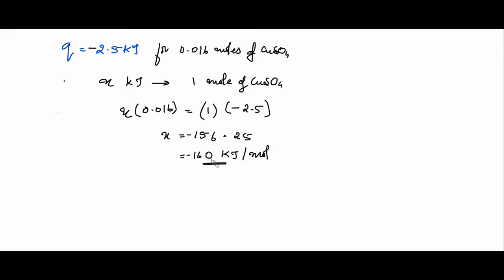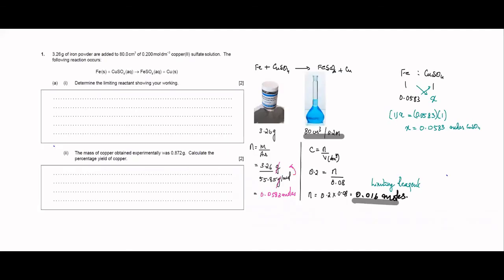Instead of copper sulfate, if you're depending on copper that is formed as the product, we can utilize the moles of copper that is formed as the product as well. In that case, the value will be slightly different. So in the initial part of this section, it was already shown that this reaction will be producing 0.872 grams of copper. This is not the theoretically calculated value. This is the output of the experiment.